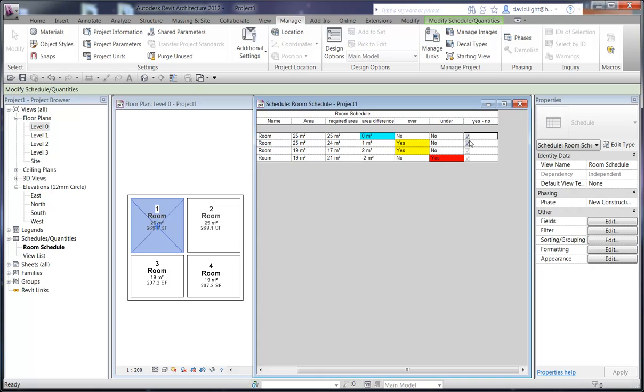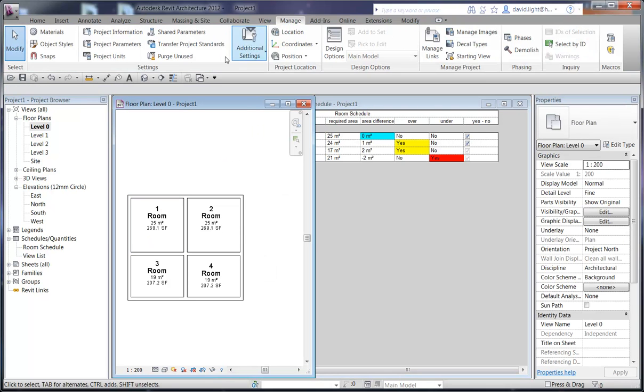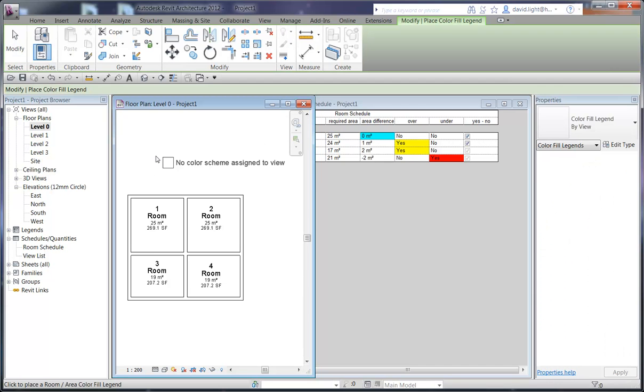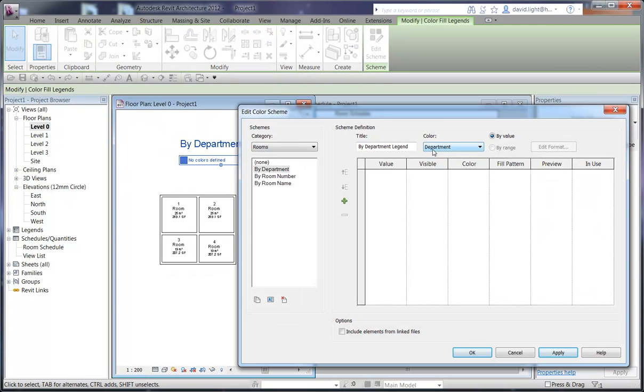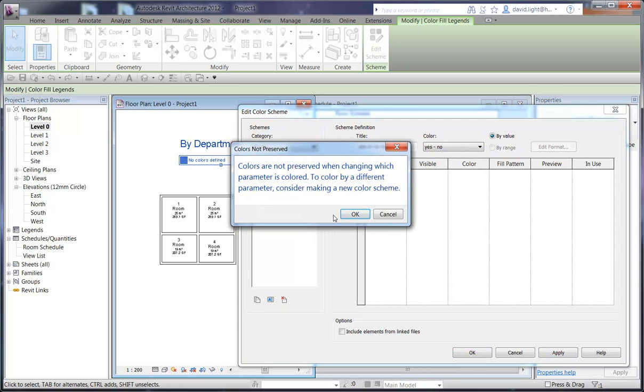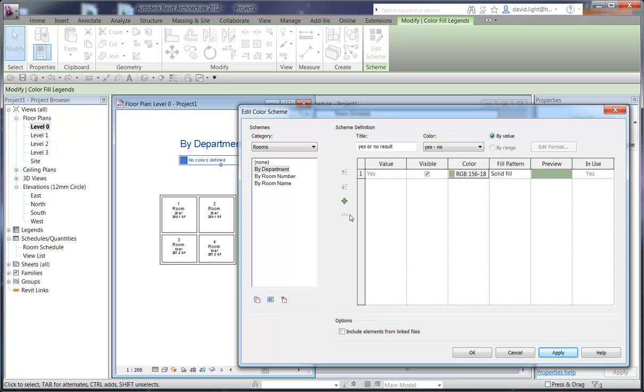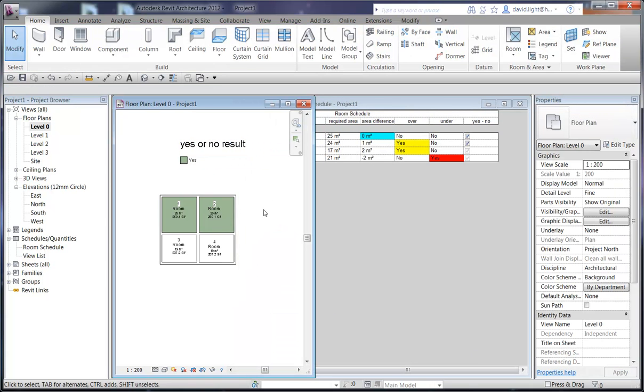Okay, we'll leave that for the time being, because the final part, what I want to do is basically put in a legend. So we'll make a color legend over here, and we're just going to OK that. It would help if I hit edit scheme. And then what we're just going to say, yes or no result. And what we're going to do is actually color it by our yes/no parameter. Obviously it's going to change the colors here. And where it's yes, it's going to be green, which is exactly how we would like it. And we'll just accept that. And you can see now here,